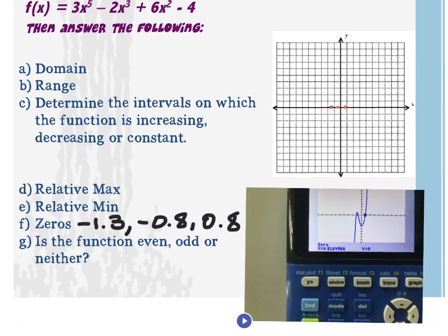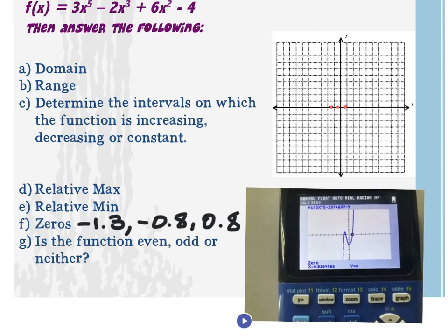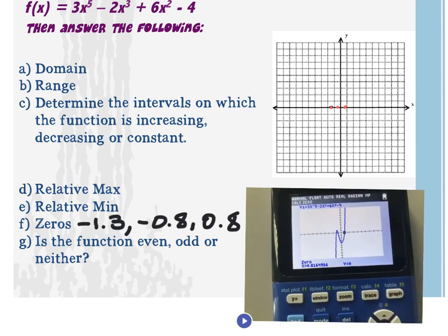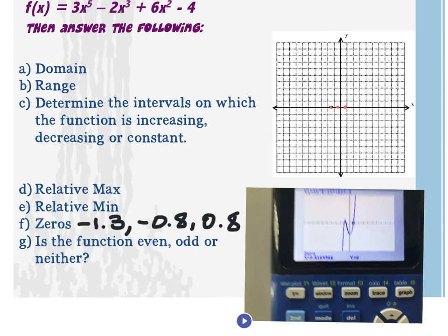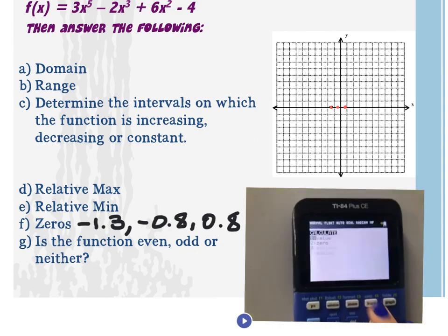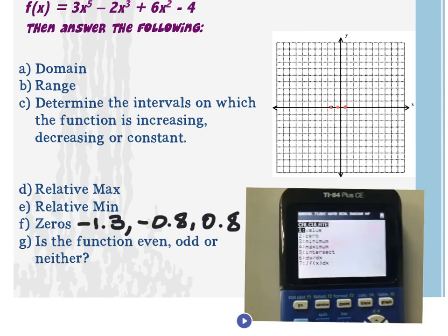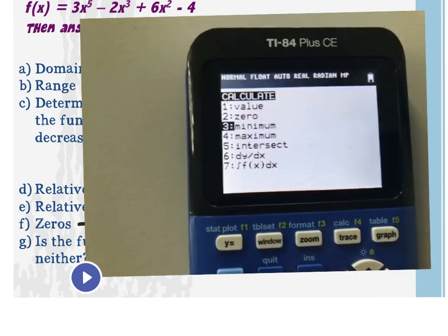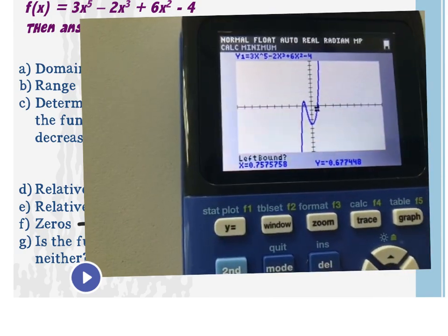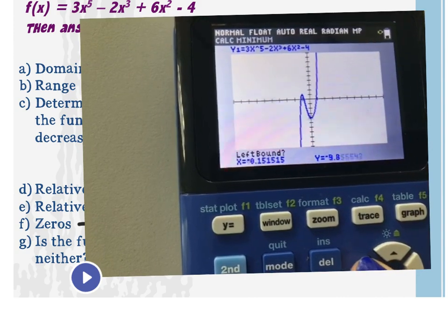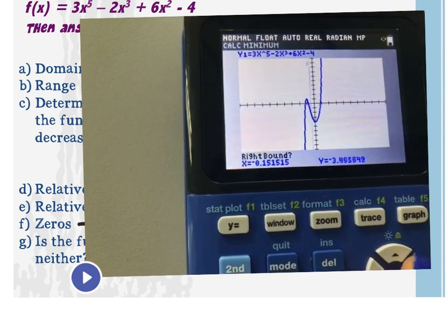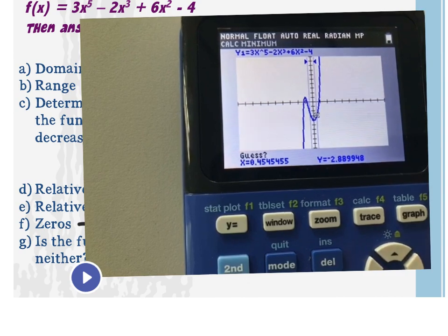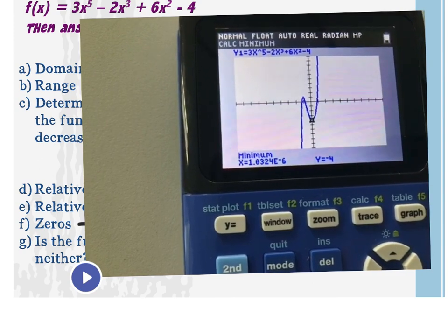With me so far? Okay, now I've got to figure out my max and min so I know how high and how low to go, right? So I'm going back to my second trace menu, and this time I'll do minimum first, doesn't matter what order you do this in. And the minimum appears to be at the bottom there. I have to go left of it, which is here. I have to go right of it, which is here, and then guess, and it takes me to